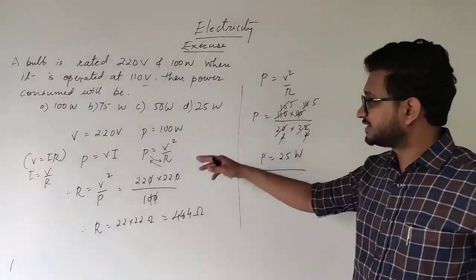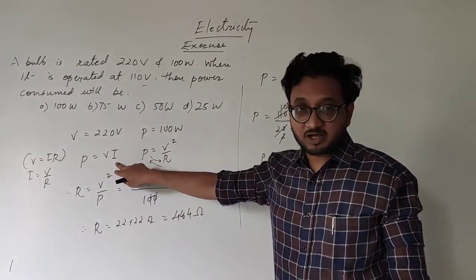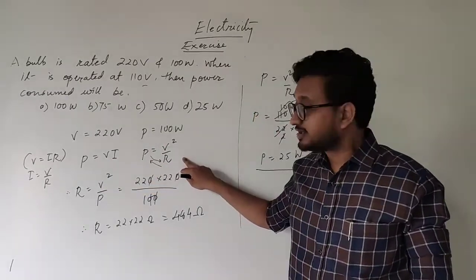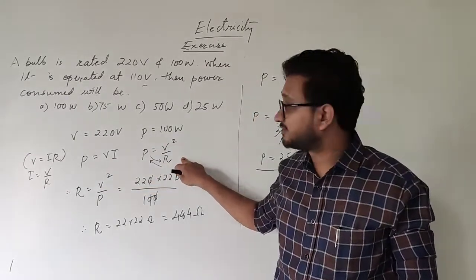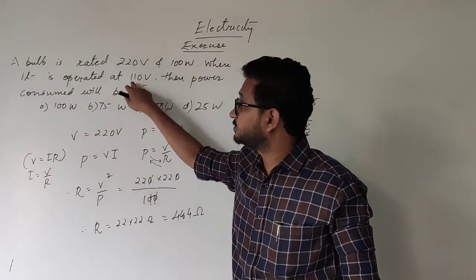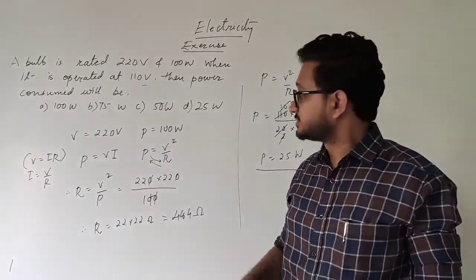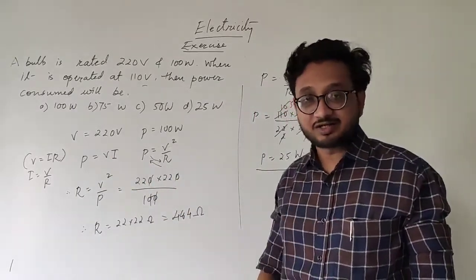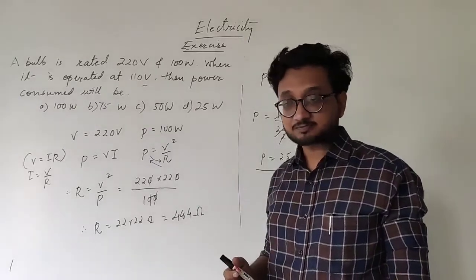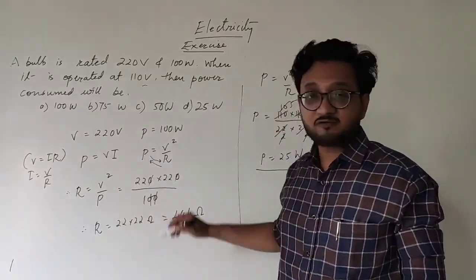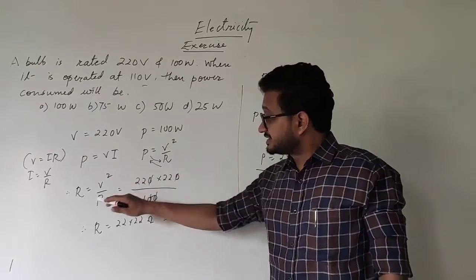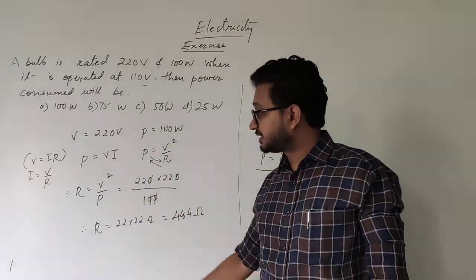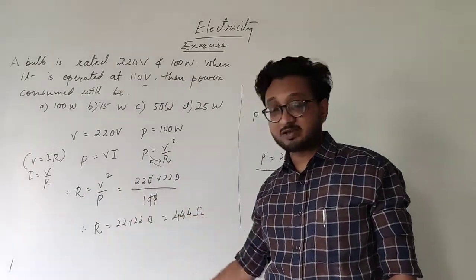Okay? So what we did, first we found out that we have not been given the value of current, so we convert the formula in terms of resistance. Then, because the resistance remains constant, but when the potential difference changes from 220 to 110, the current also changes. So finding the value of current is pointless. If you find the value of current, it is no use. So what we do? We find the value of resistance. So resistance R and power, we change their positions by simple cross multiplication. So what you get, R is equal to V square by P.